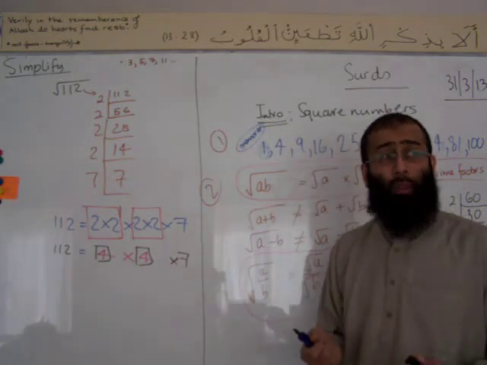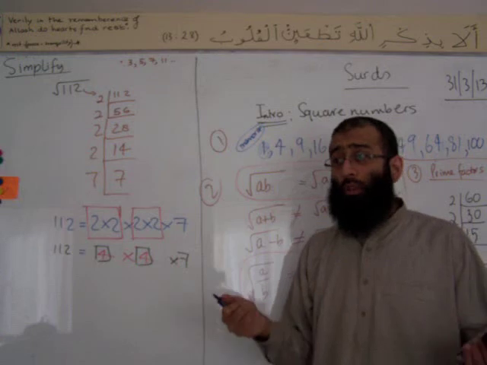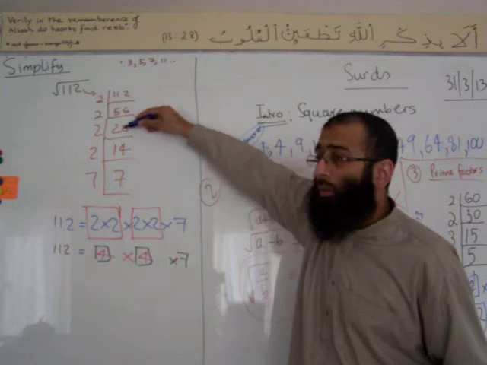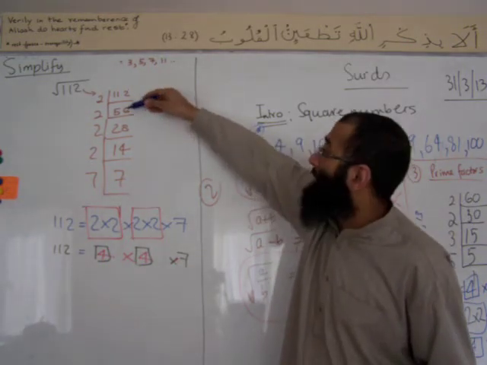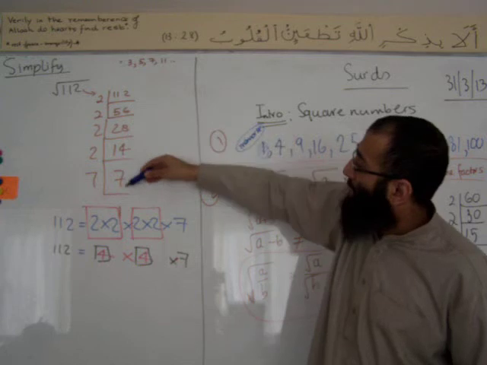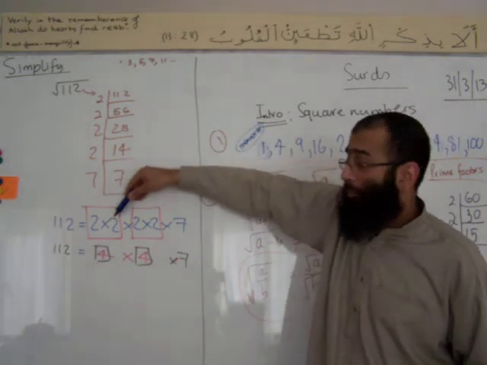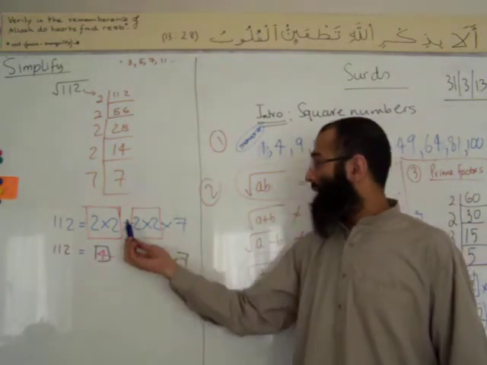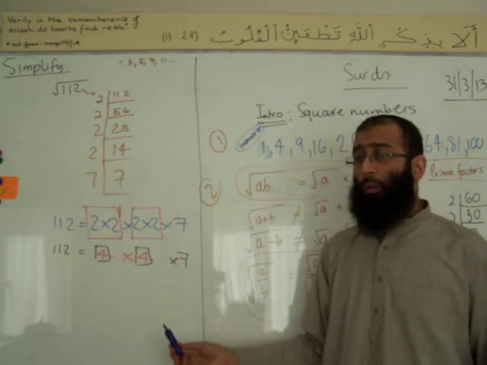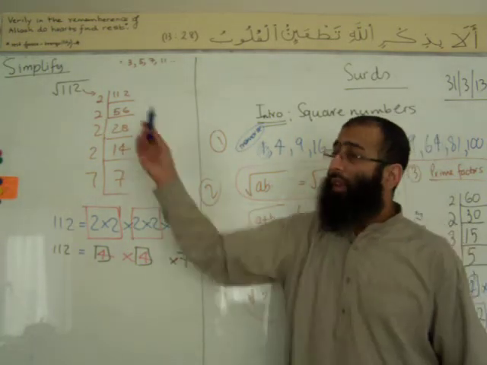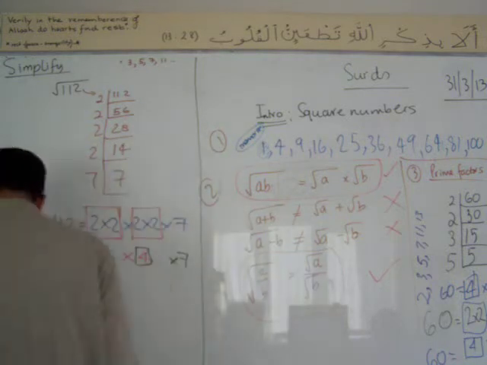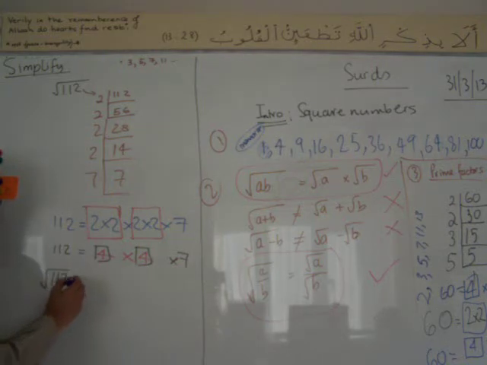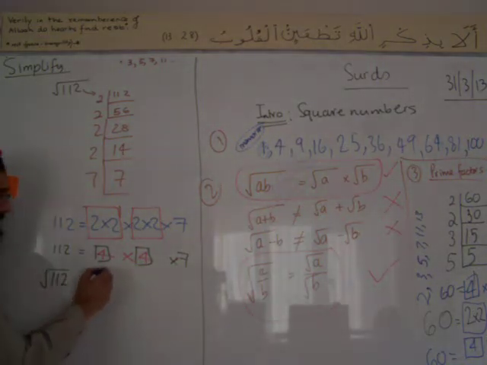Because the number 112 is quite big, we might not be able to see straight away what the square numbers are. So, as we divided by 2, we got this number divided by 2. This procedure here, you're all familiar with prime factorization. We keep on dividing until we end up with 2 times 2, times 2, times 2, times 7. So this part here will give us a first square number, and that's another square number, and I'll put boxes around them. Now what we're going to do is put these back into there. So we say the square root of 112 is equivalent to